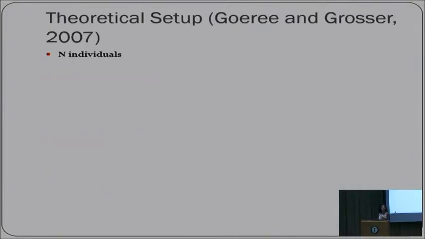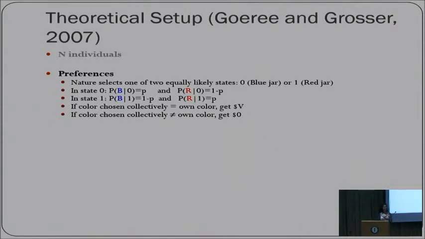All right, so here's the theoretical background. So this is going to be the slide of the model. And this is inspired by a nice paper by Goeree and Goeree from 2007. So think about a group of n individuals. And now the preferences are going to be determined as follows. Now, I know it's late in the conference, and this is a lot to digest. So I'll repeat this as I go along. This is not the last time you see it.